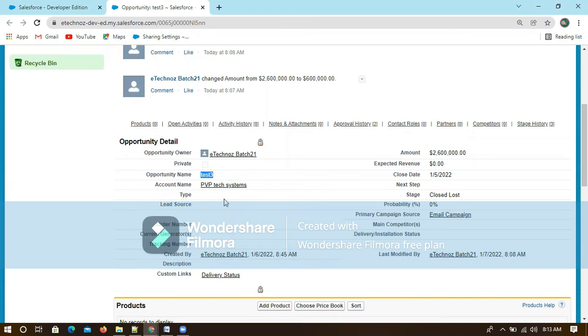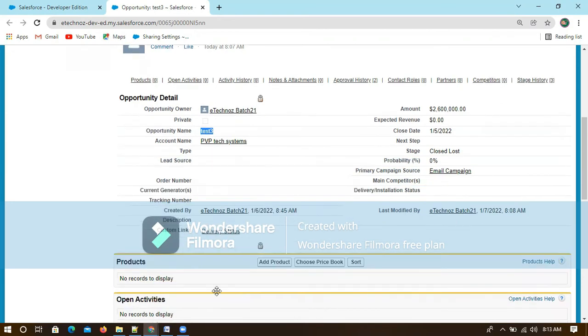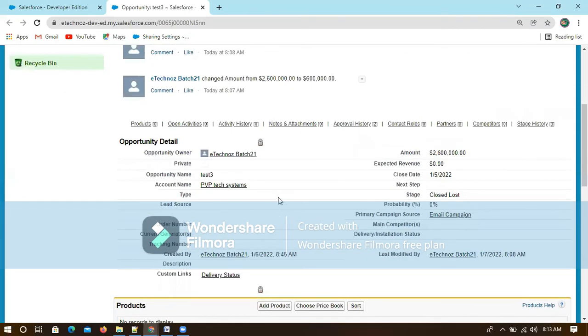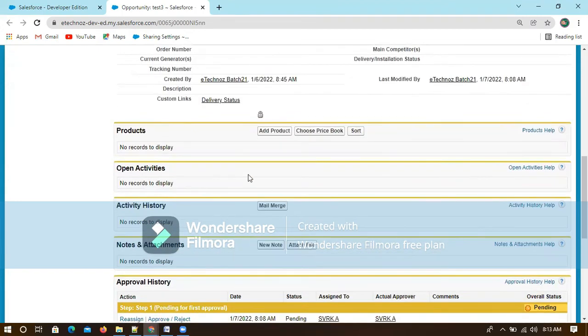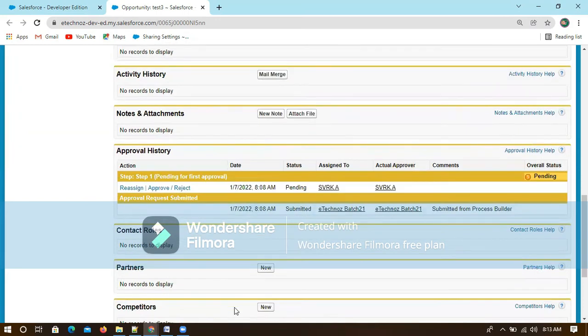There is a link, right? So it contains opportunity name, account name, and a link. Now you can directly redirect from there, and you have to log in with the SVRK user, and you will be having something called, yeah, you can unmute. You can mute. Okay.